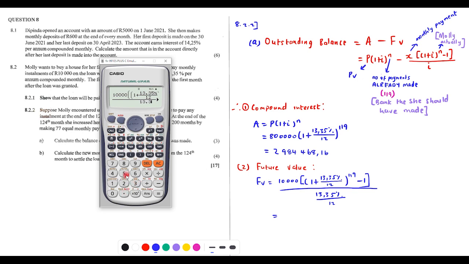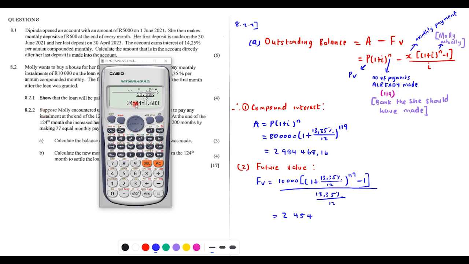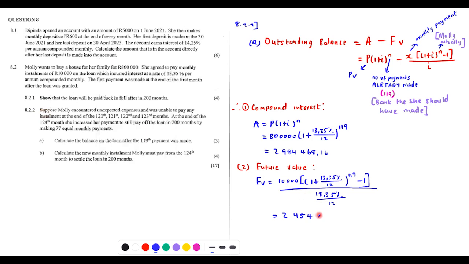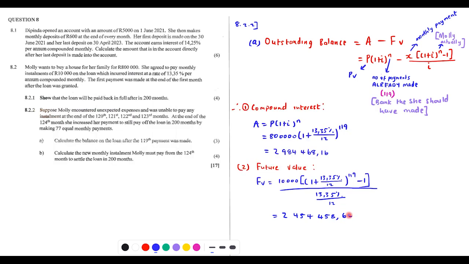Let's see. So it is 2,454,458.60. All right, and then therefore the outstanding balance is going to be that